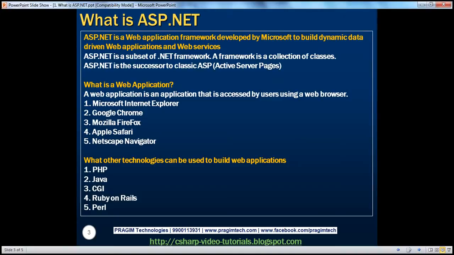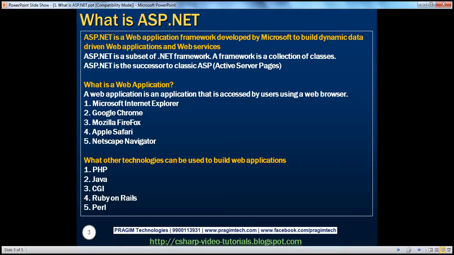So any type of application that you build, if you want to retrieve data from data sources and then use the data within your application, then you will use something called ADO.NET. Again, ADO.NET is not a different technology altogether. It is a subset of the .NET framework that can be used to pull data and then use that with your application. Along the same lines, ASP.NET is a subset of the .NET framework that can be used to build web applications and web services.